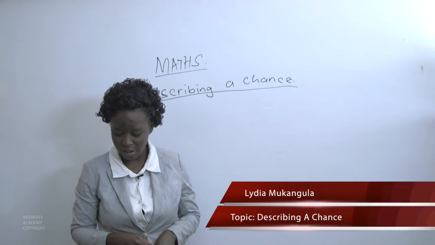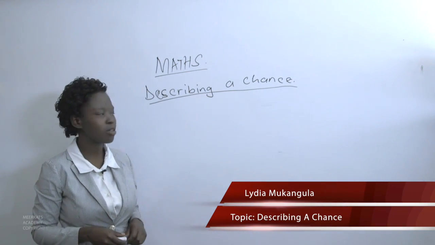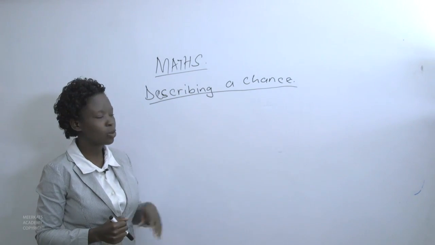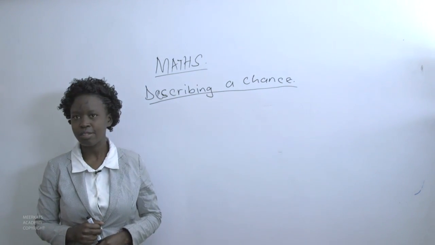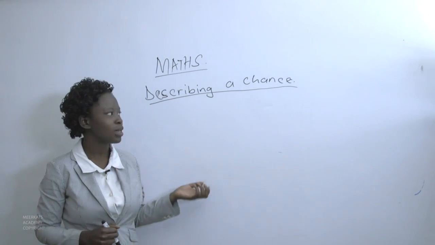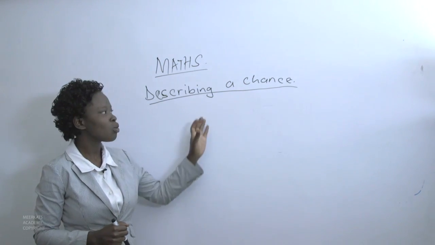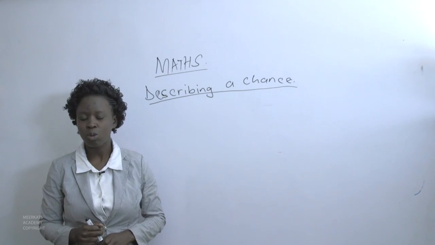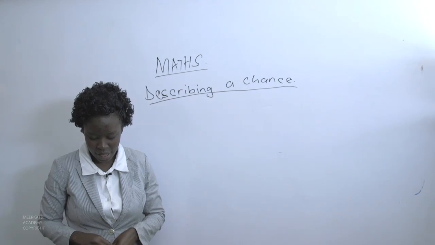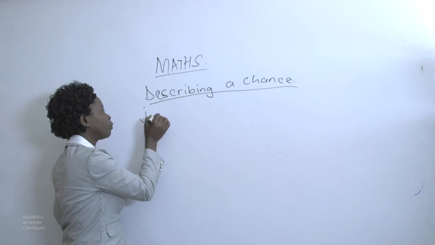Previously, we looked at the introduction part of probability, where we described the various terms that are used in probability. So we want to look at how we describe a chance. A chance is simply the probability of an event happening. So we are talking about the probability of this event happening. We have some terms that we use when we describe the probability of an event happening. The words that are used mostly